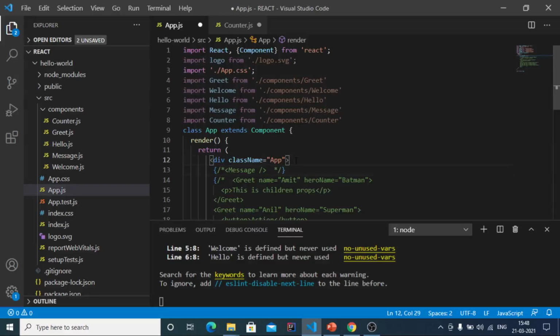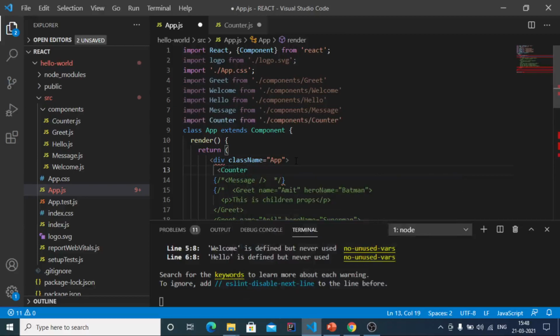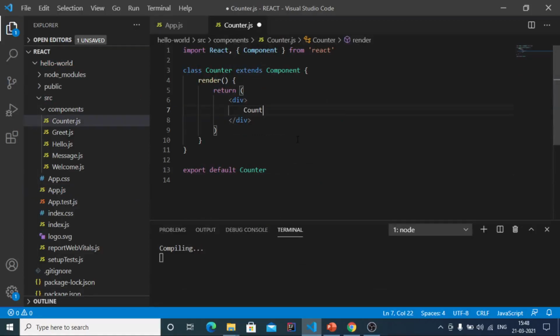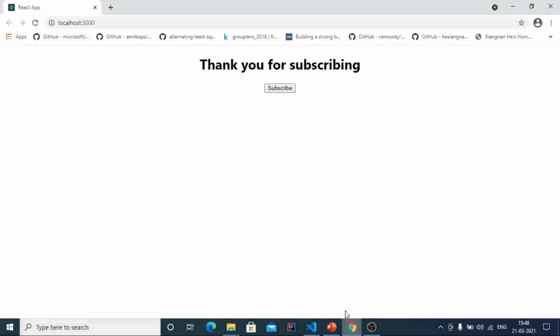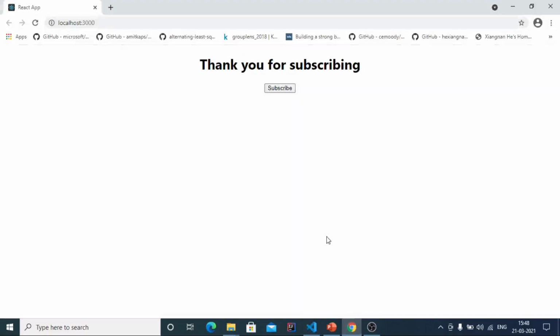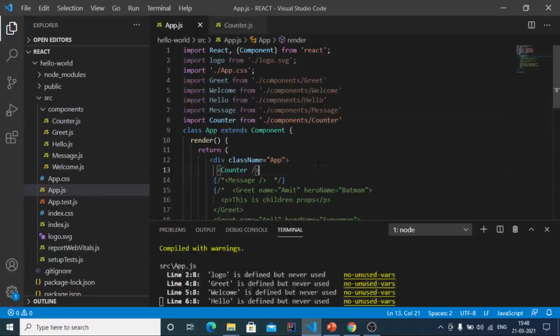So now I am going to include in the app component using the custom tag Counter with a self closing tag. Save this file and save also the counter.js file. You should see the text count in the browser. So you are able to see the text count in the browser.